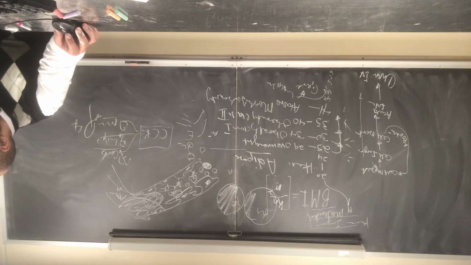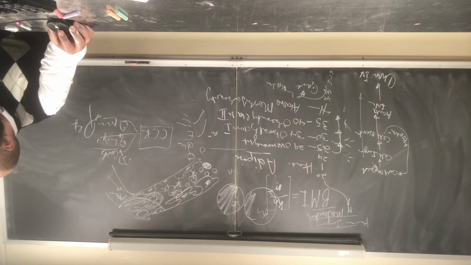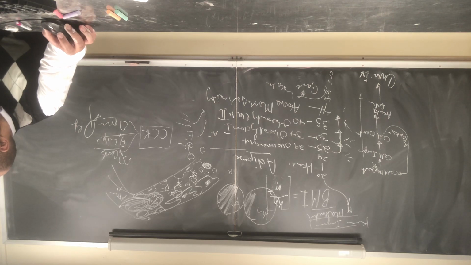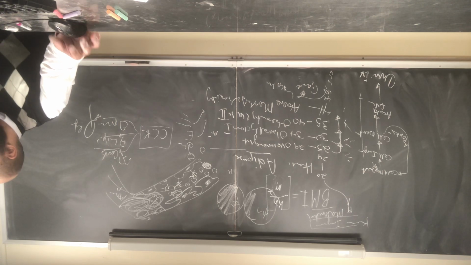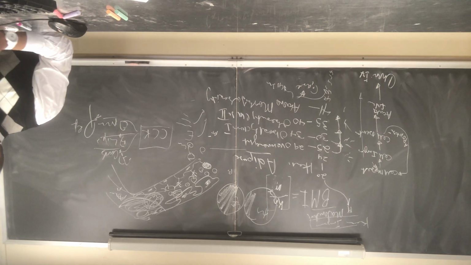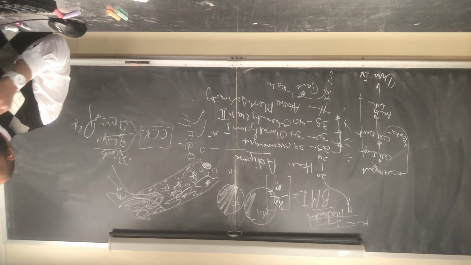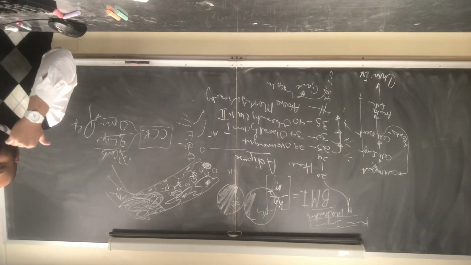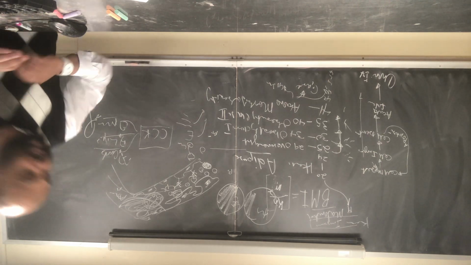Other groups secrete melanocortin, which inhibits eating. So leptin stimulates melanocortin secretion. And remember, melanocortin inhibits eating. Leptin stimulates melanocortin secretion and inhibits secretion of the endocannabinoids, which are appetite stimulants. So leptin is very important to shut this down and initiate satiety. Leptin is important to initiate satiety and inhibit appetite.